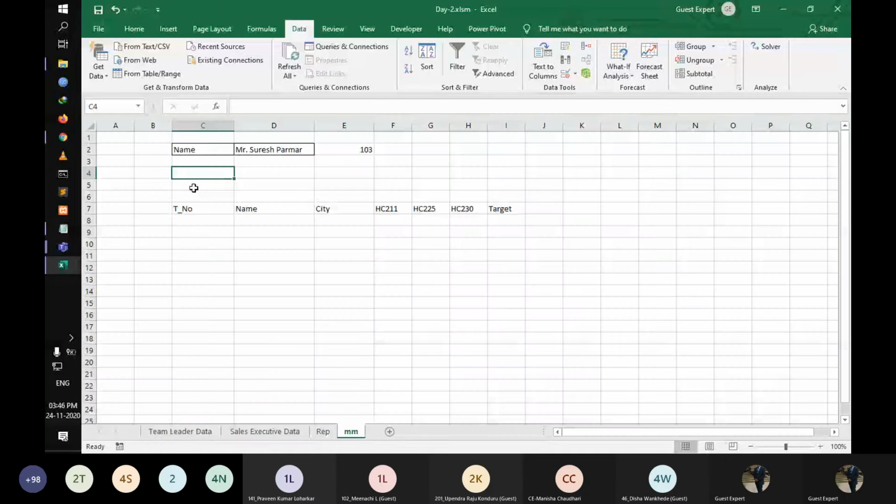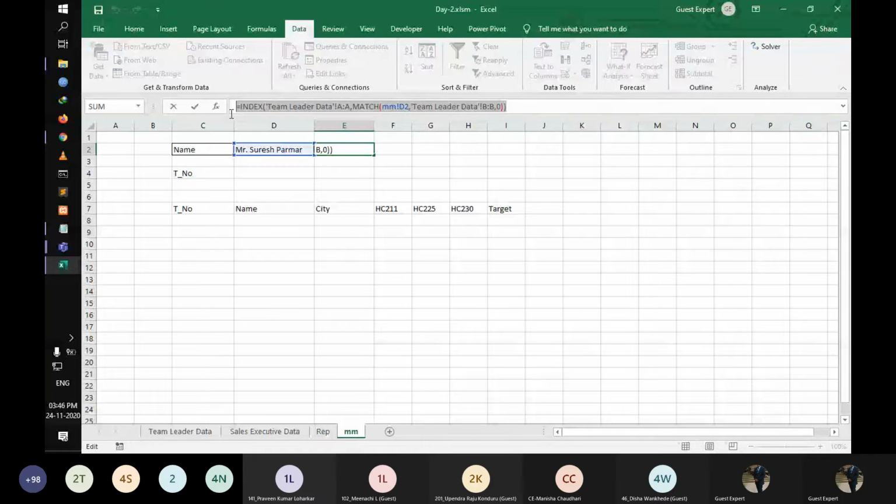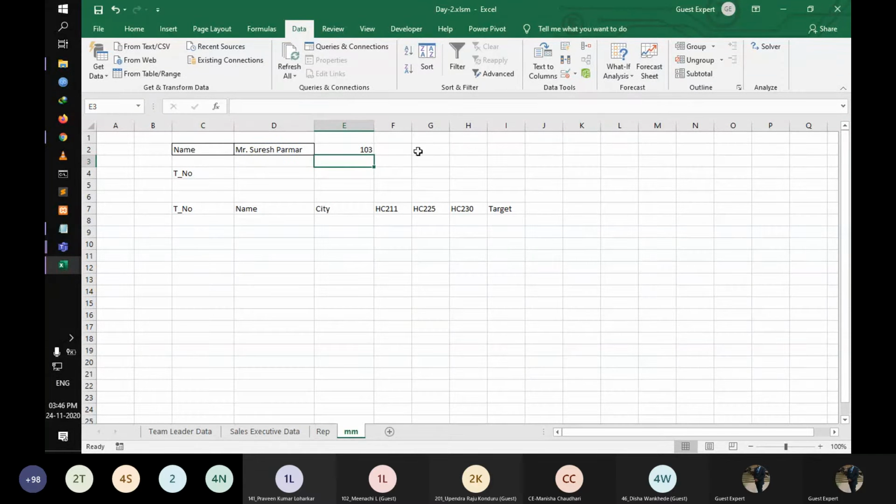So copy it, paste T number. Cut it and paste. Okay. Right now we're using the advanced filter. So we're getting the data, and then after on that data, we need a chart which represents map-wise data.